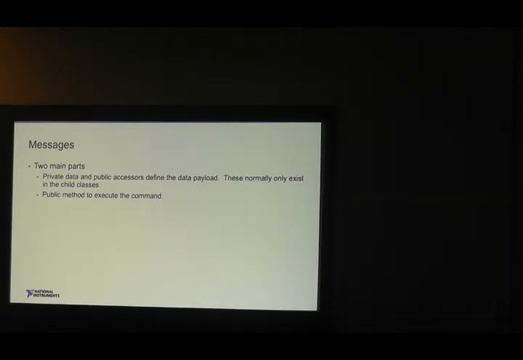So each message in most of these systems, all the data that the message uses and all of the actual code that executes are only in child classes. So that abstract class for a message really has no concept of data elements. It simply has a do or a run or an execute method in it that will be overridden by the child. Which means that to send a message, you need that child class, because the child class defines the data payload, and it also defines how to execute the message.